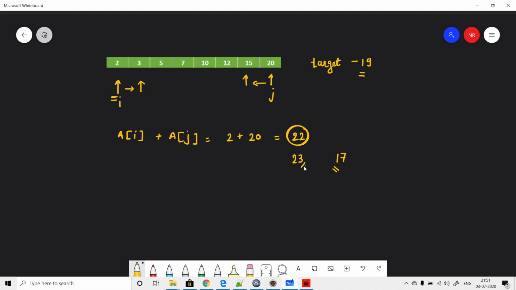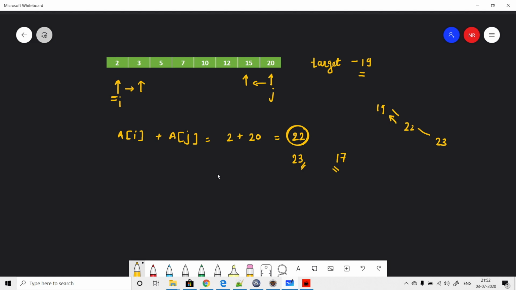So with this result, we can move our pointers. Let's say currently we got 22, which is higher than my target. That means I want to go near 19. So I don't want to move this pointer, because you have 19, you got 22, and now you don't want to go to 23, because the difference or error is going to be higher, unless you try to reach in this direction.